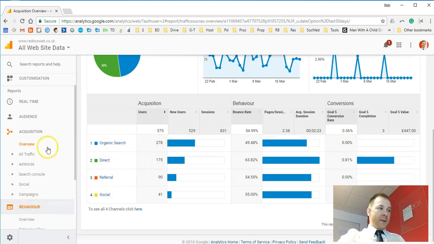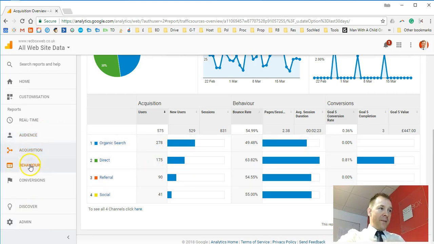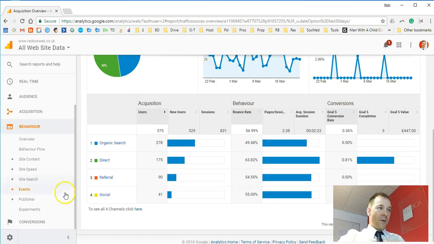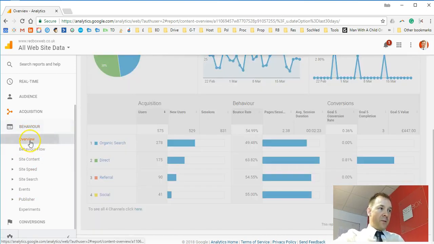So let's jump into behaviour. Behaviour is when you're doing an analysis of your website and deciding what you're going to improve, what you're going to work on, what content needs adding, do you need more call to actions, things like that. This helps you decide what the most important pages on your site are to work on first. So if I go to overview,